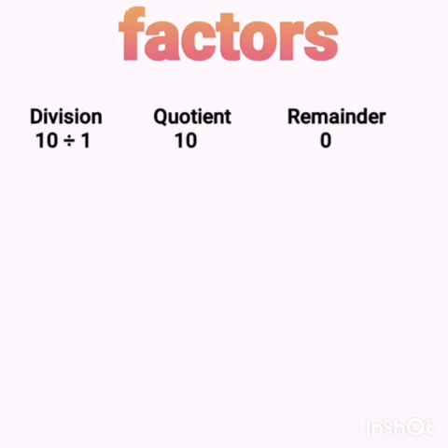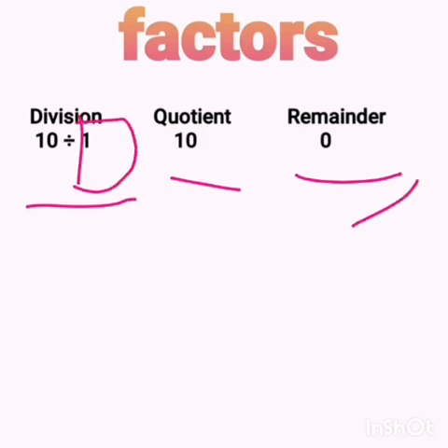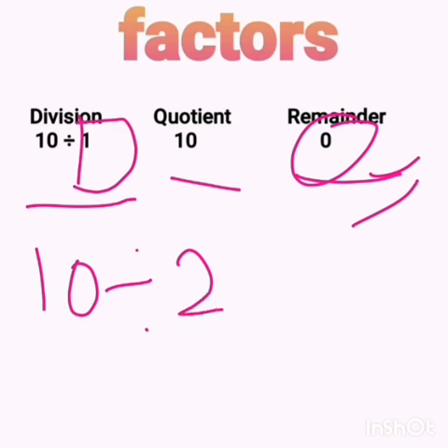So I divide 10 by 1, and when I divide 10 by 1, the quotient is 10 and the remainder is 0. So we know that the remainder is 0. The divisor, which is 1, in this case 1 is a factor. So I can say that 1 is a factor of 10, right? Because when I divide 10 by 1, I get the remainder 0. Now next, what do we do? Since I need to find all the factors of 10, I need to check all the numbers, right? 1 is done. Now I know 1 is a factor of 10.